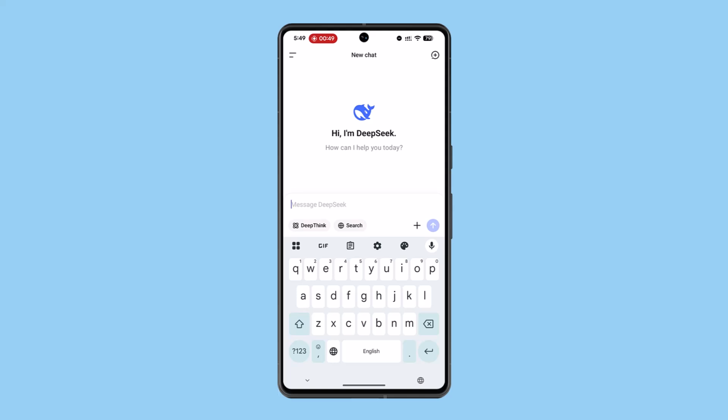Now next, what you need to do is in the automation platform, you want to start a new workflow or scenario, and then you have to choose Google Docs or another app as the trigger application. For example, the trigger could be a new document in the folder or a new row in Google Sheets. And next, you want to select DeepSeek as an action application. The action will likely be generate chat completions or custom prompt, and you'll configure the prompt using data from Google Docs or Sheets. And this way, you'll be able to use